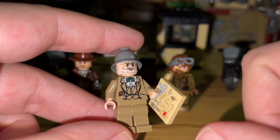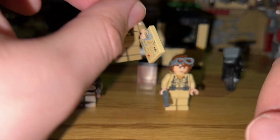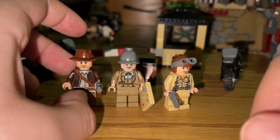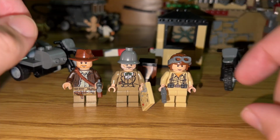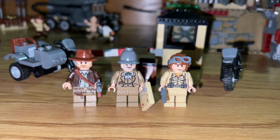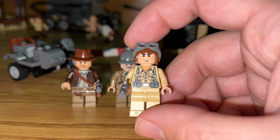I know that there's a revamped version of this figure coming in the 2023 fighter plane set for Indiana Jones, but I still really like this figure, and I think it absolutely holds up. He also has a map, I forgot to mention. And then the other figure is the German